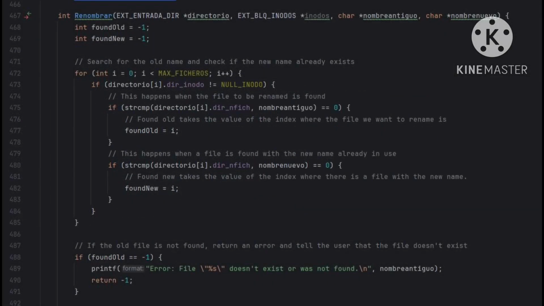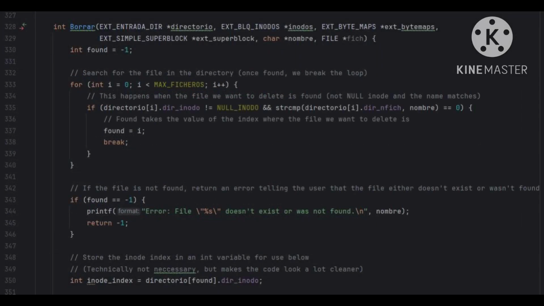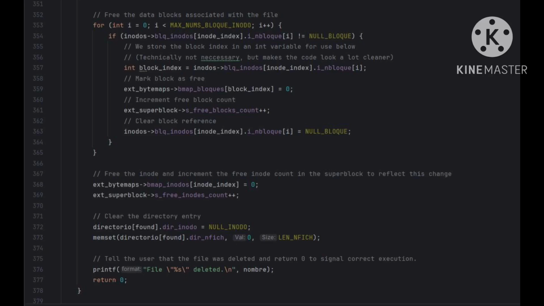The rename command functions by searching for the file that you want to rename and then seeing if the new name is already in use. It does this by looping through the non-empty inodes and comparing the names to see if they exist or not. When the file to be renamed is found, its name is changed from the directory pointer, assuming that the new name is not in use already. To delete a file, we first need to find it using the same method used before. Once we have found the file, we need to mark all the resources that it uses, inodes and blocks,